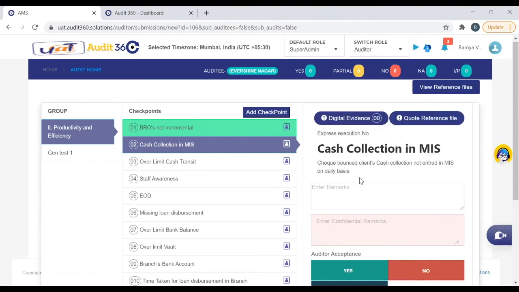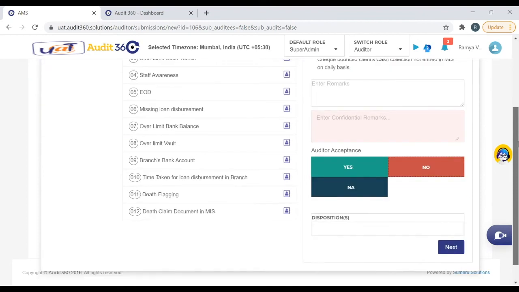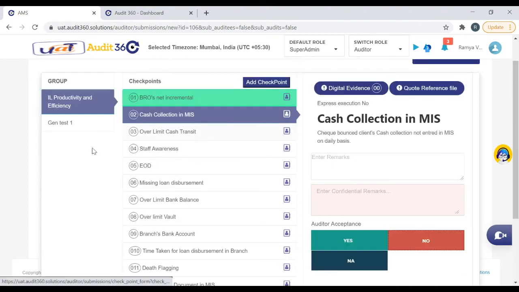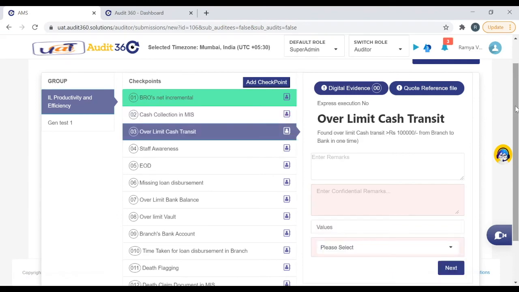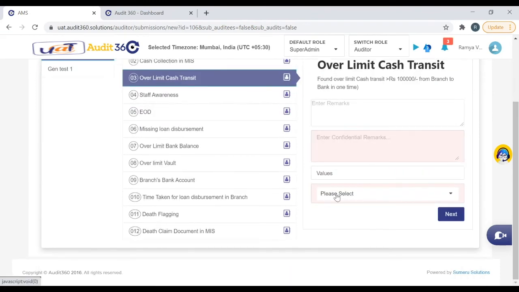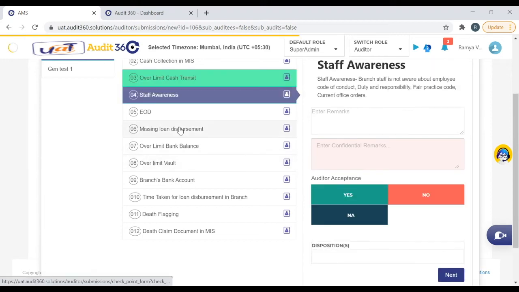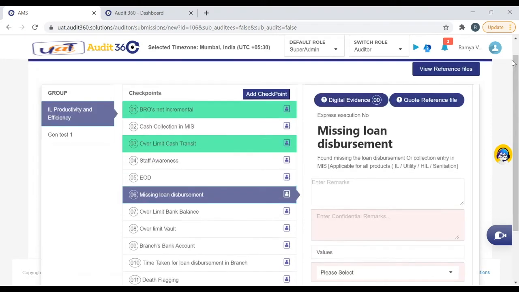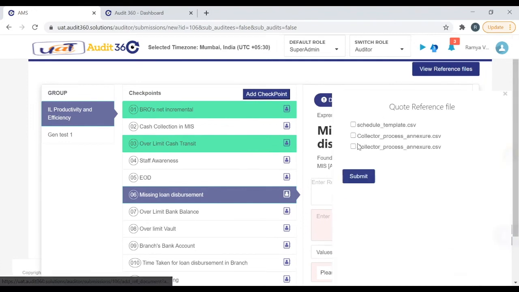I'm just submitting this and I can go on completing. So like this, wherever you find a deviation, you can just quote the audit. All your attachments can be quoted.